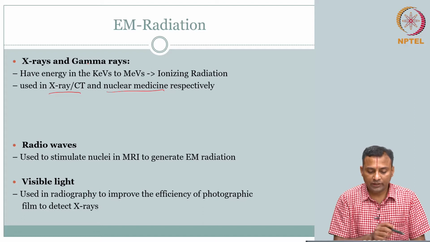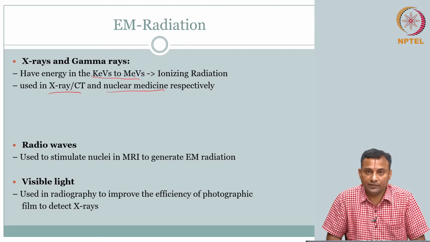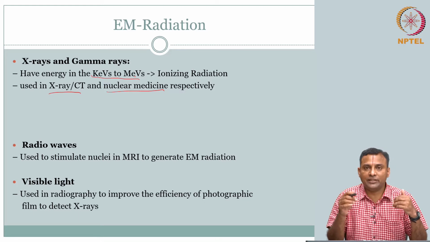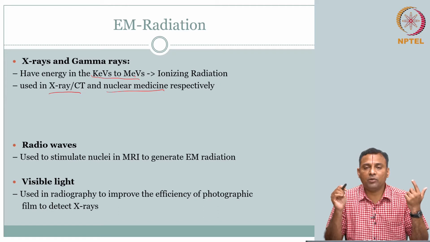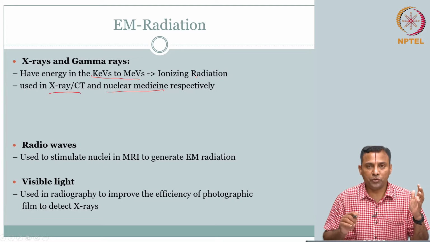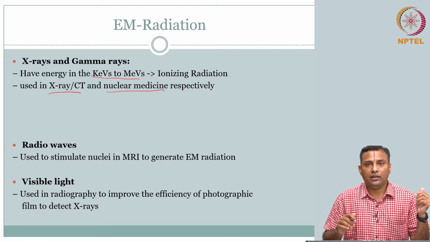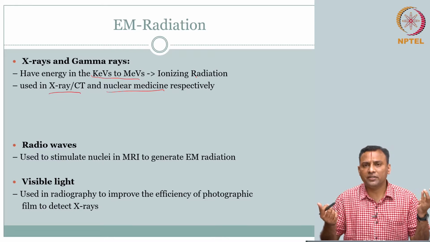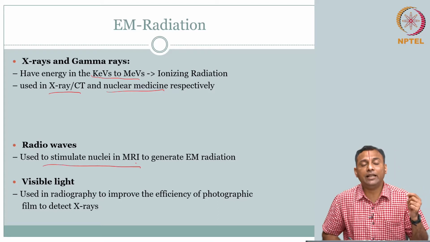These are high energy, in kilo electron volts to mega electron volts, and these are ionizing radiation. That is the reason we said we could think about medical imaging systems as based on ionizing or non-ionizing radiation, right. Non-ionizing, we talked about MRI and ultrasound, remember. So, that high energy, ionizing part, we know where we are going to use it. Then on the lower side, you have your radio waves, right. Which imaging modality uses radio waves?